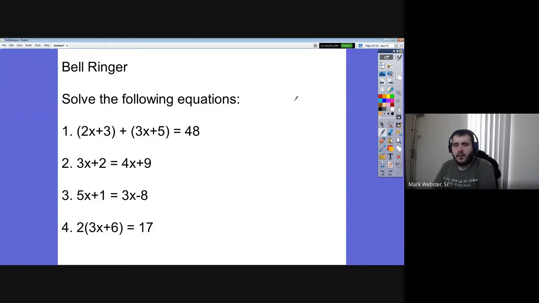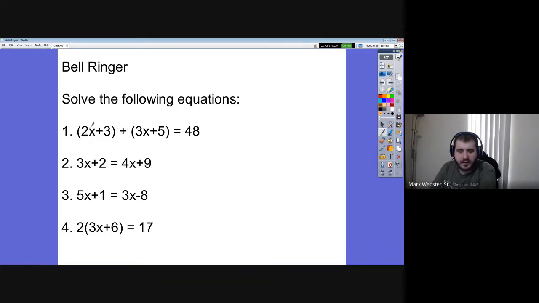Okay, all right. So with problem number 1, these parentheses are not actually needed, right? They're just sort of holding these two expressions in place. But if we drop the parentheses, this is a plus sign in the middle. It's just telling us to add these two,